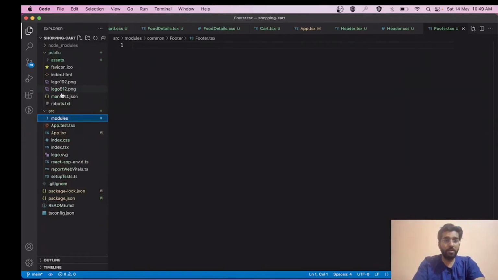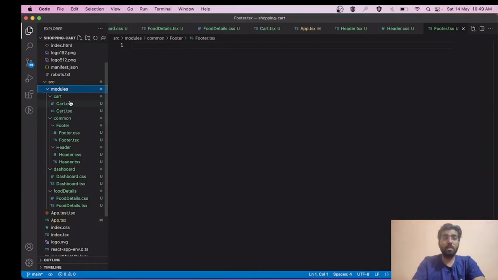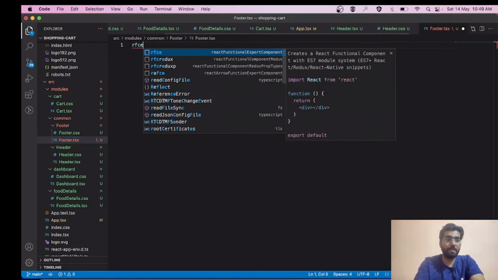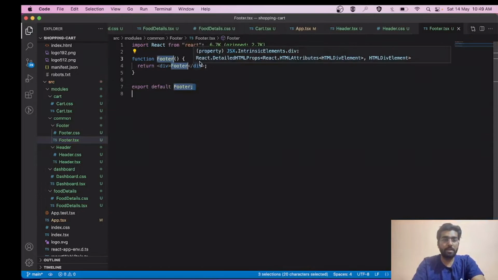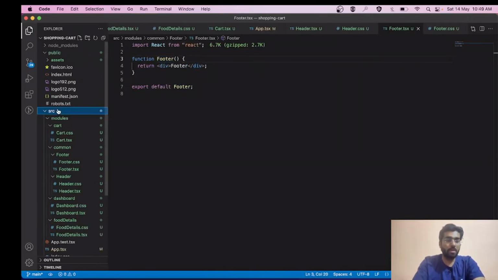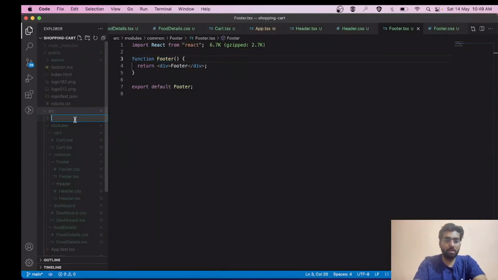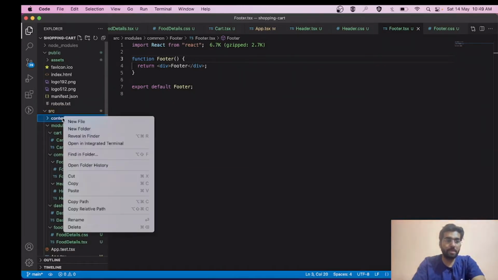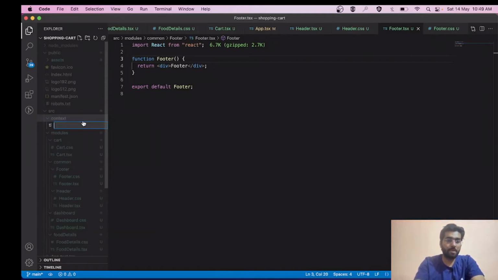One more thing that we are going to do is create a context also, because we are going to manage the app state with the help of the Context API. Let me create one more thing over here, RFC, similar over here, or else it gives an error when you run your project. So friends, now I'm going to create another folder and give it the name context, and inside this I will name it data provider.tsx.